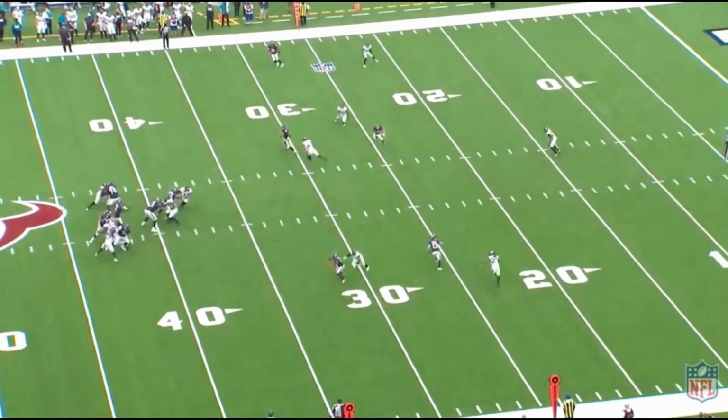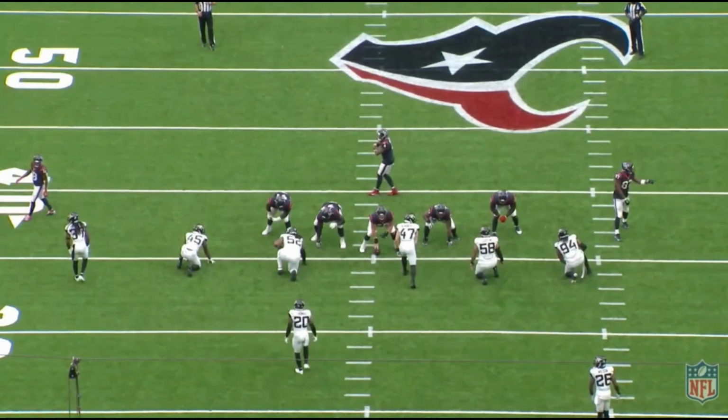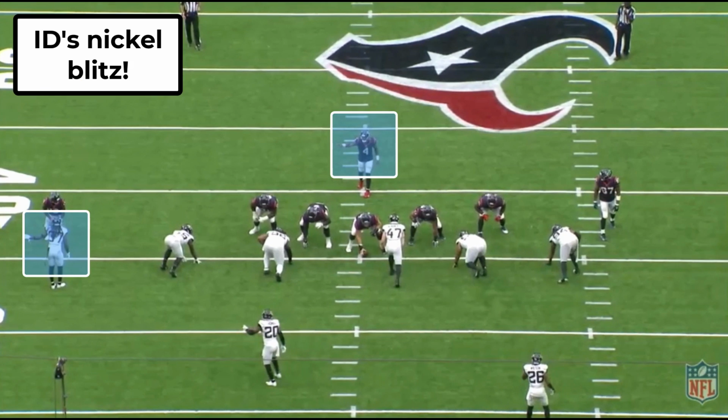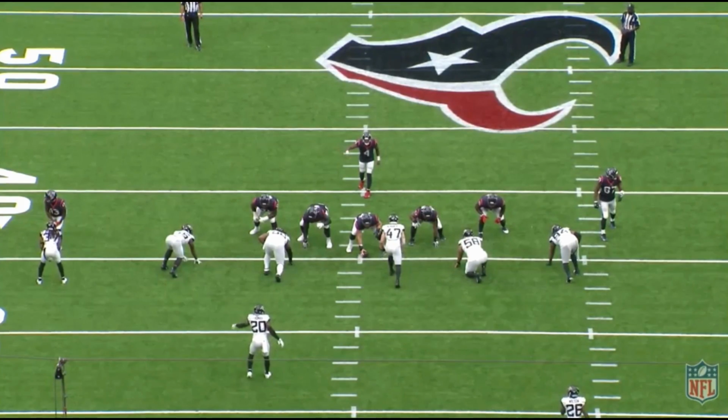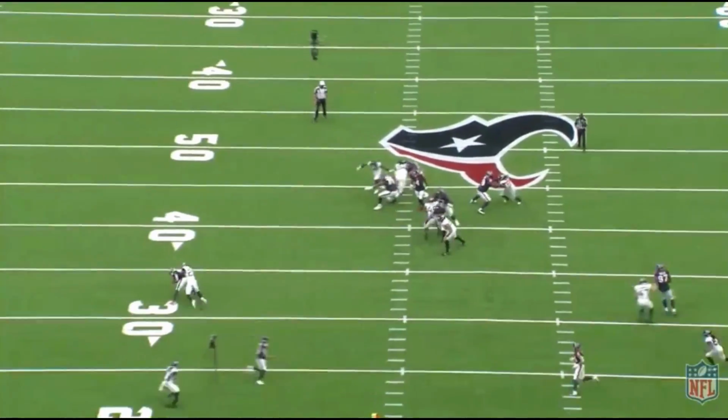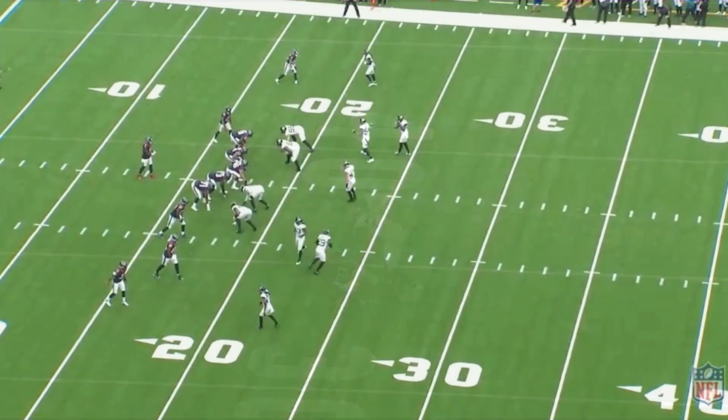Now look at Watson ID the nickel blitz, something I've even gotten on him about. But he changes the play, makes sure that Cobb is the hot read, and cuts his route off short, and therefore he gets easy yards. This ability to change up the play call to beat the defense's weak point is the sign of an elite